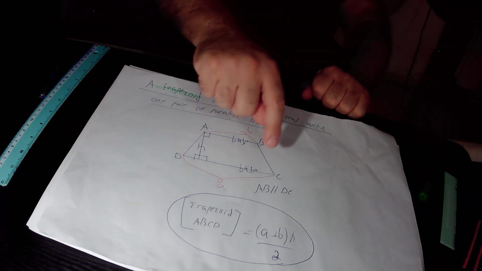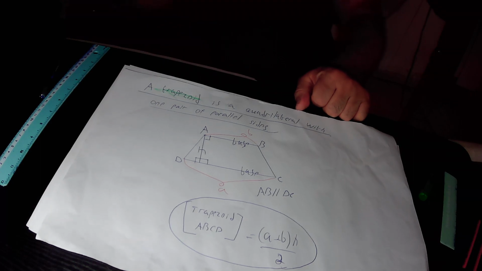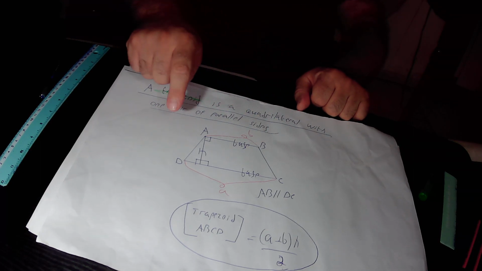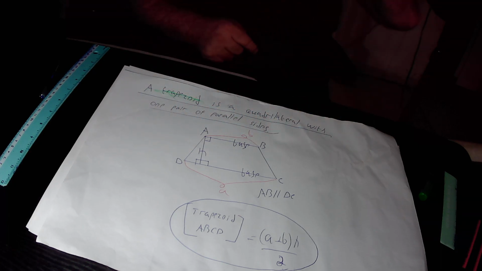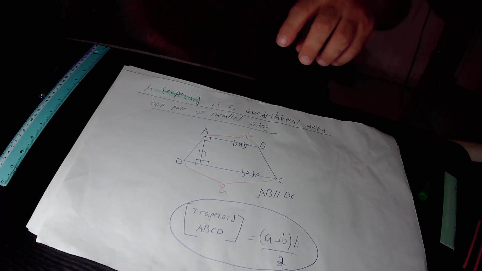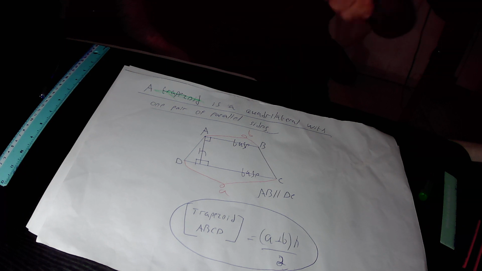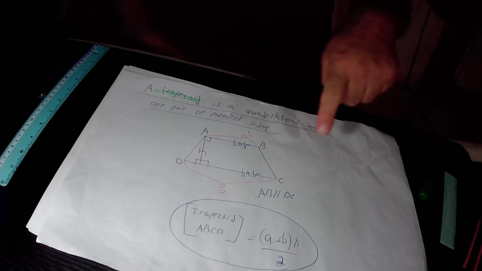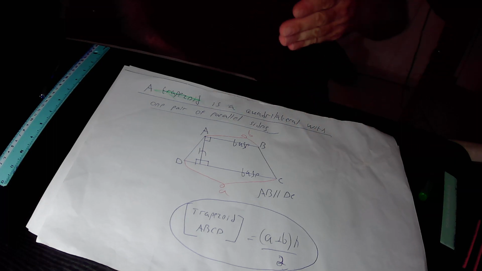This is quadrilateral ABCD. In this quadrilateral ABCD, side AB is parallel to the opposite side DC, and therefore this quadrilateral is defined as a trapezoid. The two parallel sides, that is to say AB and DC, are defined as the bases of this trapezoid,